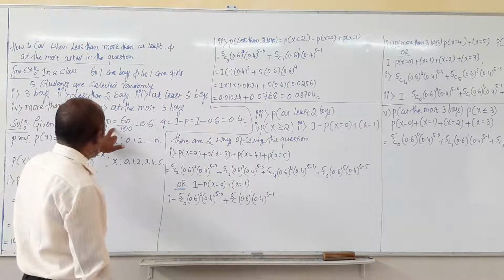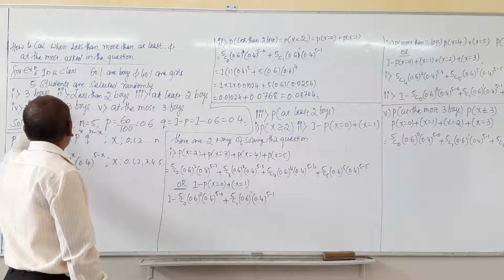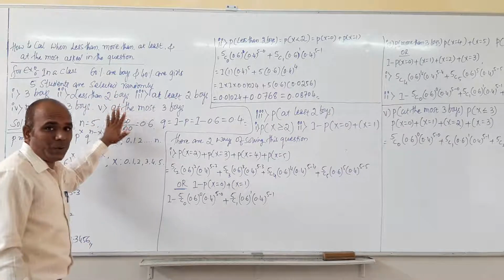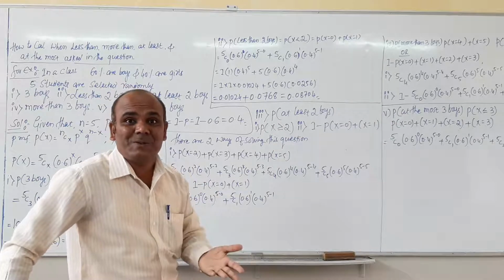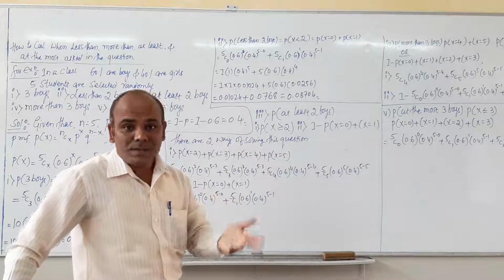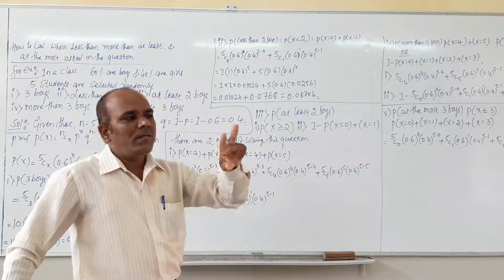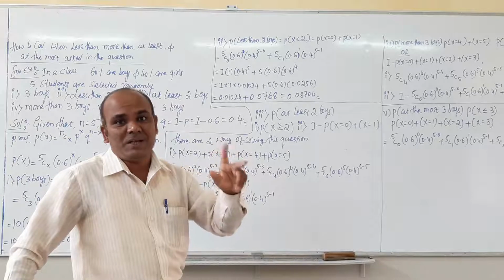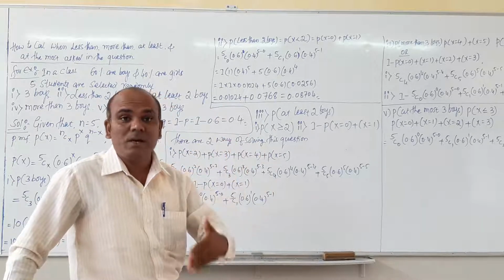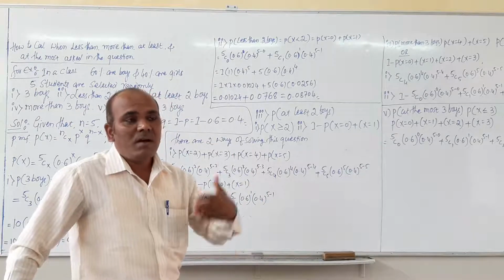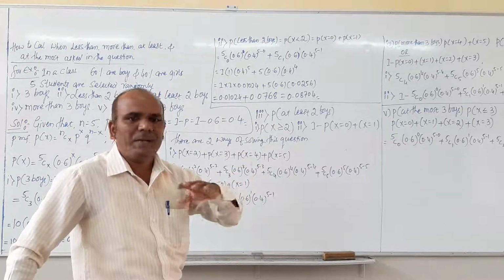Then p equals p, and q depends on what type of questions are asked. If suppose they ask 3 girls, at least 3 girls, or more than 2 girls, at that moment the values of p and q will be interchanged. That type of question is also asked in the textbook. When we come to such problems, that will be clear.